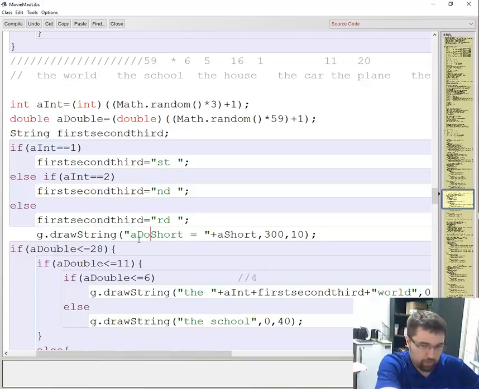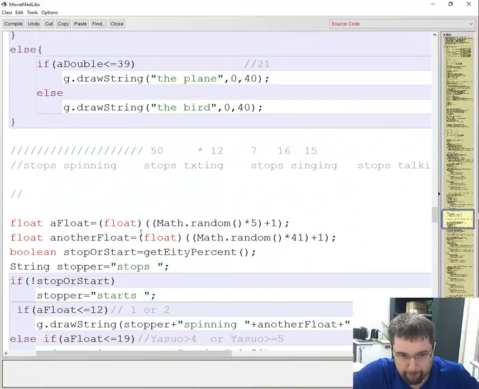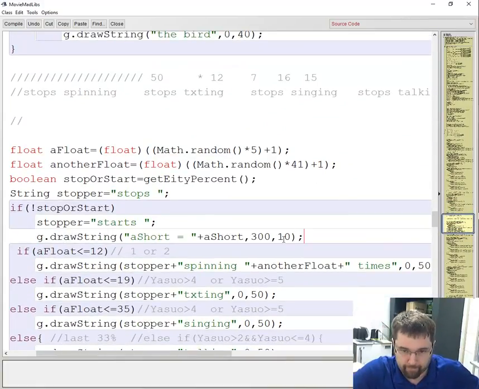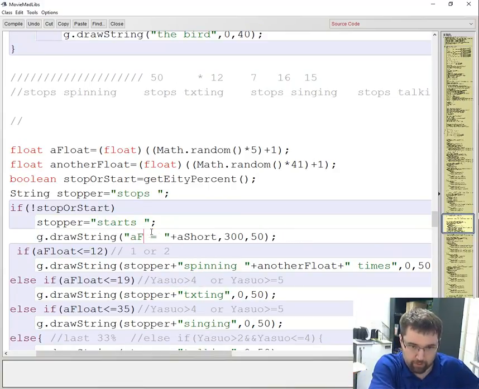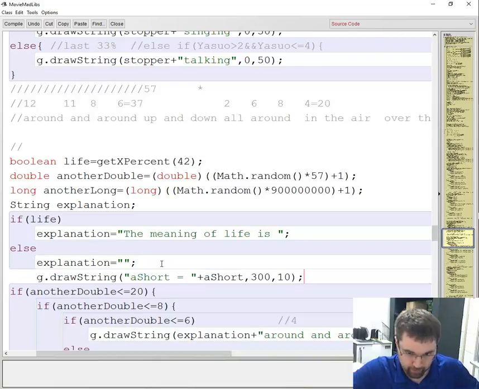A double. I think this is 30 if I'm not mistaken. No, 40. $50, a float, so this is now 60,